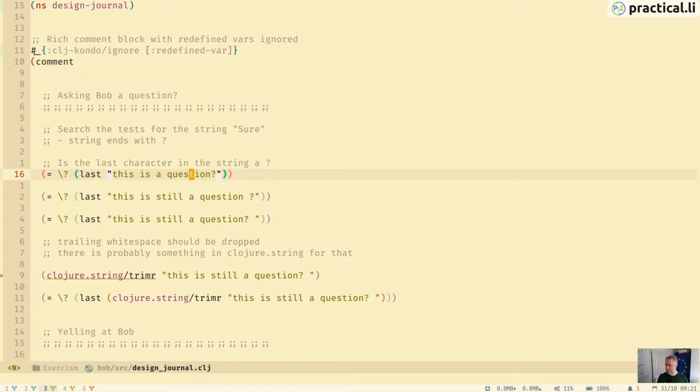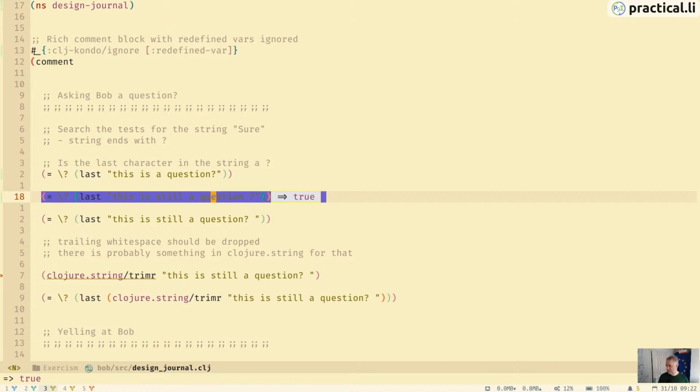And so then we're just using equals as a comparison. We don't use equals as assignment, we use binding for that. So we can use equals as a comparator, say, does the last character equal the question mark? So that's going to work for most of the tests. Although if we've got, not sure what I did with it. Oh yeah, so it doesn't matter where the